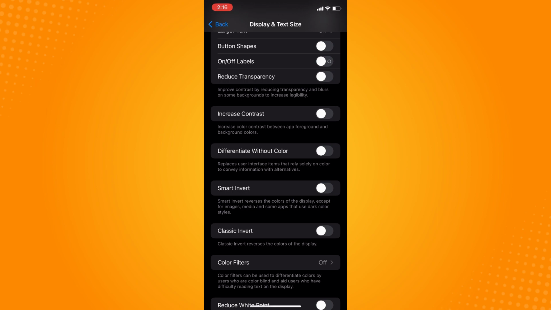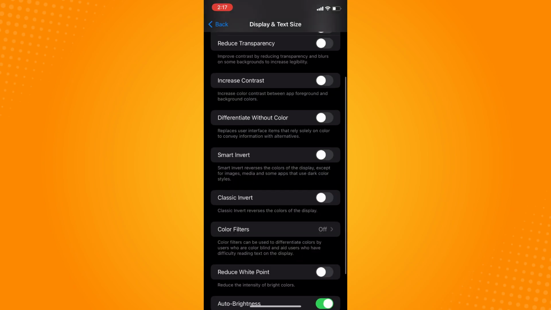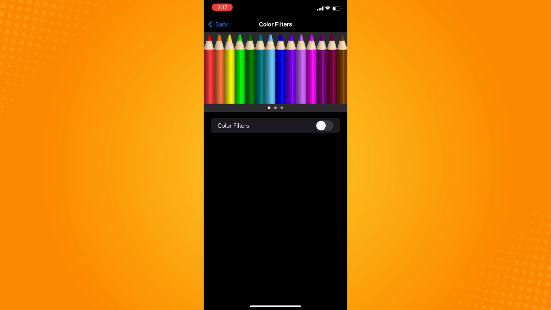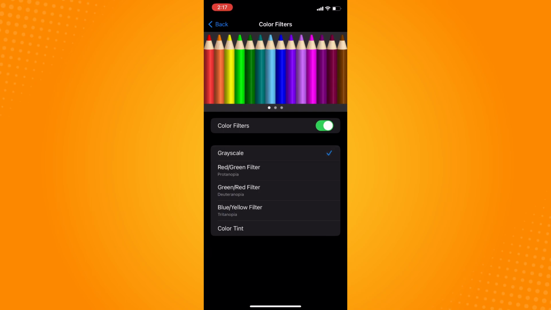So here, if you tap on increase contrast, you will see the difference. So with differentiate without color, smart invert here, and then if you really want to change your color depending on your preferred color, then tap on color filters here, and then you have to toggle on color filters. Now, after toggling it on, you can actually pick from grayscale or red-green filter or green-red filter or blue-yellow filter